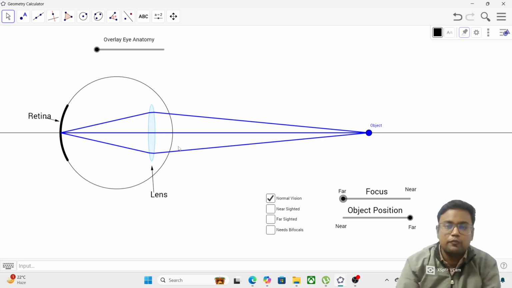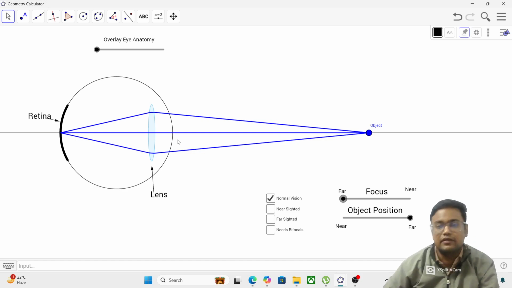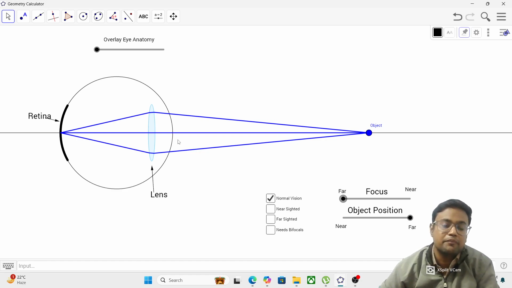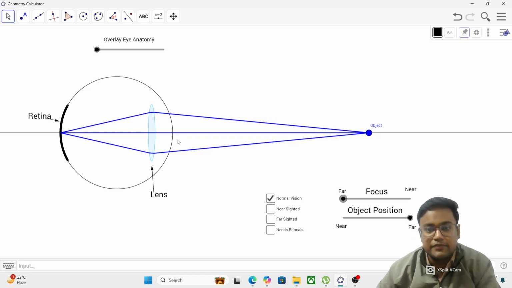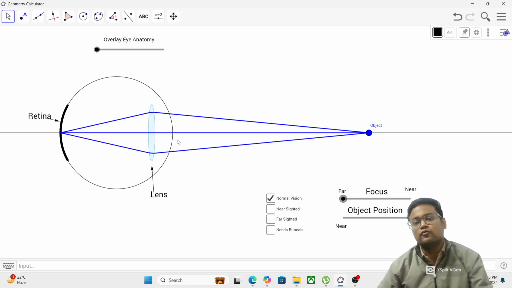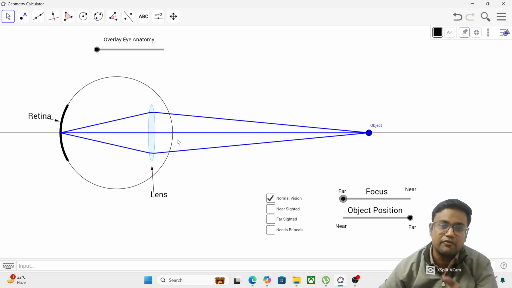By saying that, I mean to say that you must have felt, तुम लोगों ने फील किया होगा, that when you shift your focus from an object which is kept very far away from us, and then try to shift our focus to an object which is very close to us,